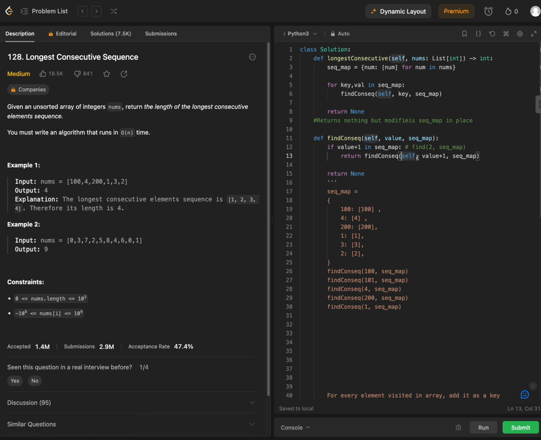Find consecutive self value plus 1 sequence map. And you find 2. 2 again will come in 3, 4, 5, 6, 7. 2 will return 3. 3 will return 4. And 4, we cannot return none here. We need to return something. In this case, we need to return